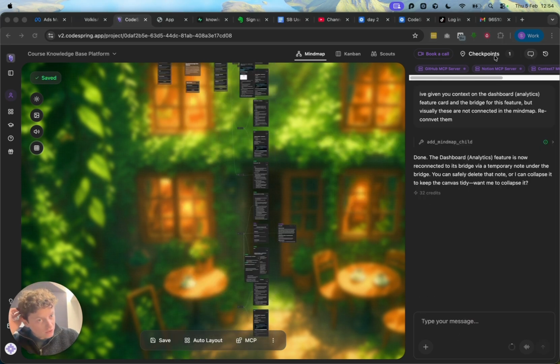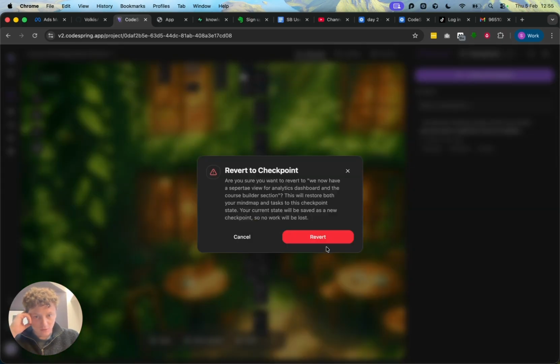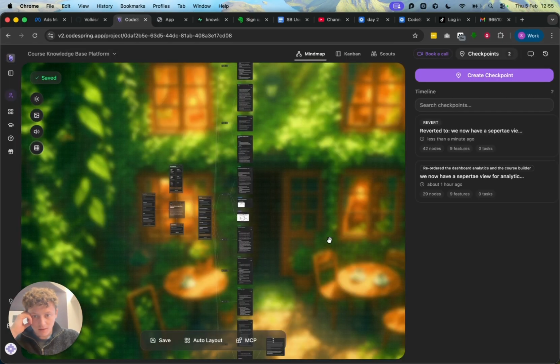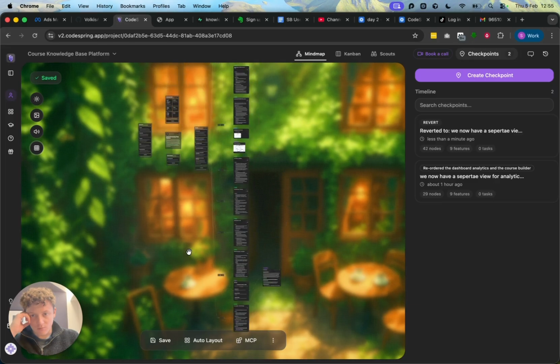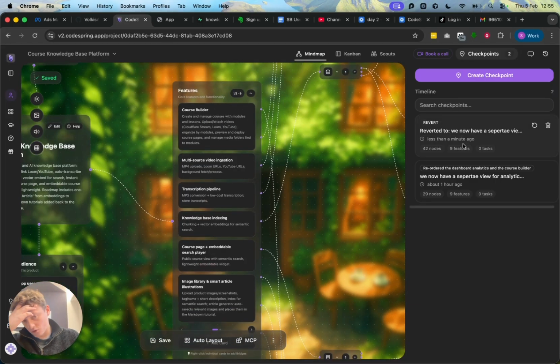Okay, so what I'm actually going to do is just roll back to this previous version. And you can see here everything's gone back to the previous version. So we're on the same 9 features. And it's also saved the previous one. So you see here we have 42 nodes, 9 features. This is the one that Cursor created. It's also saved that, so if we want to go back to that we can, but I think what I'm actually going to do to save us some time